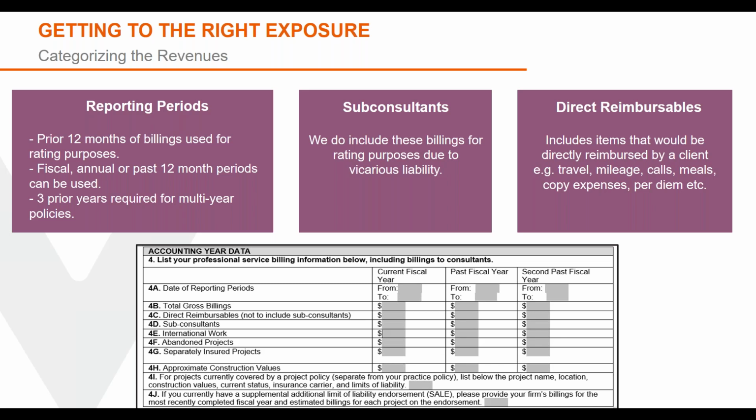For subs, I just want to make sure there's an understanding that we do include these billings for rating purposes. There is a vicarious liability there. If there's a sub-consultant that has an issue and there's a claim that arises, even though they may have their own coverage in place, it is likely that our insured would be brought in at least for defense purposes. So we look at these billings, we include them while we're underwriting. So it's an important line item, and they can either be broken out there or included in the total gross